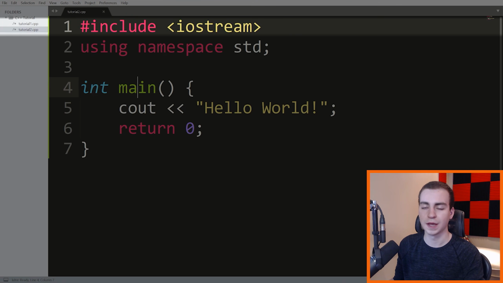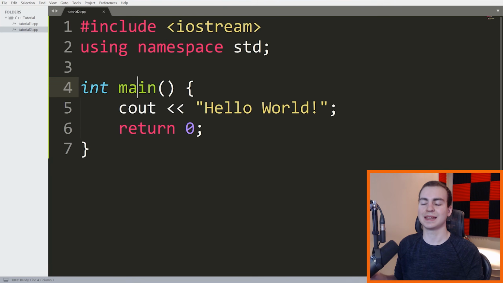Well, line number 1 says include IOStream. Now what include does is it takes a library of code and it tells our compiler that we need this for our program to run. It says all of the code that's written inside of this library, you must include it in this program right here. So when we compile this program, all of the code that's written here will be included in this compilation. So it'll be included in our executable file. And the reason we need that is so that we can access all of the code that's inside of here.